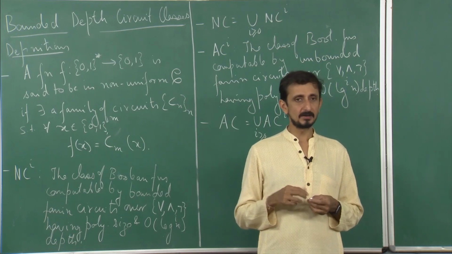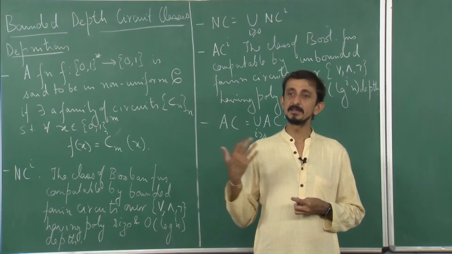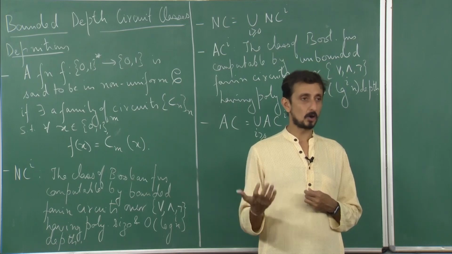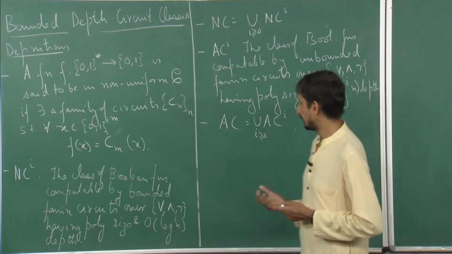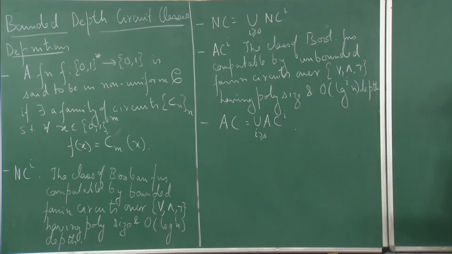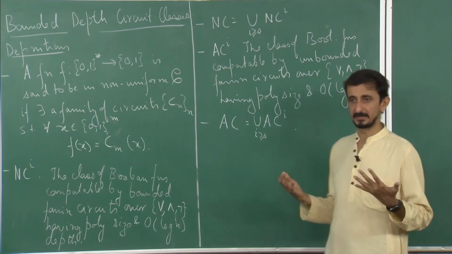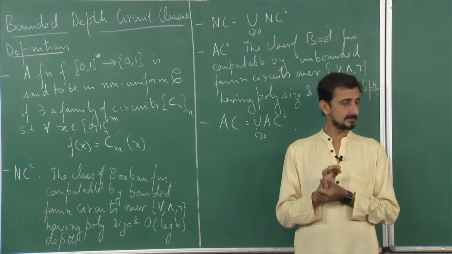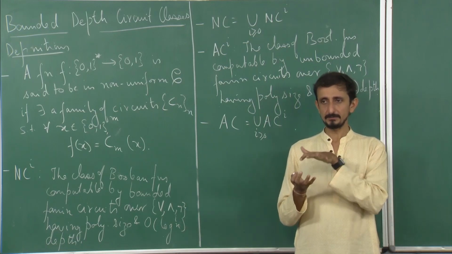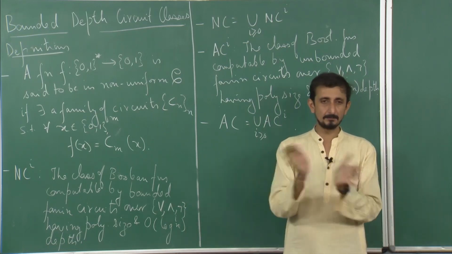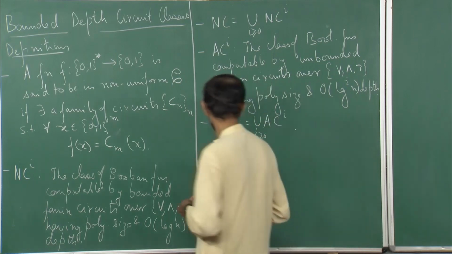It is in NC1 because we showed that it can be done by linear sized circuits having log depth, right. What about iterated addition or what about multiplication? Again it is NC1 because we showed it is in log depth and it has polynomial size. So, I will actually come back to that problem a little bit later, but let me